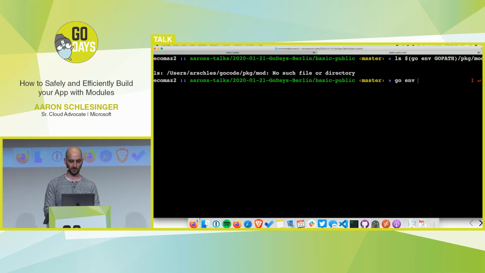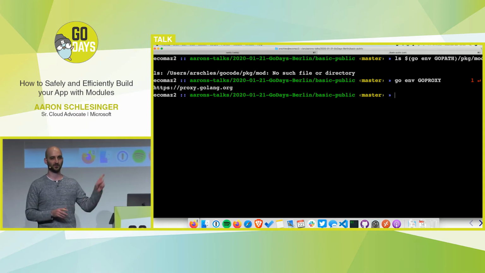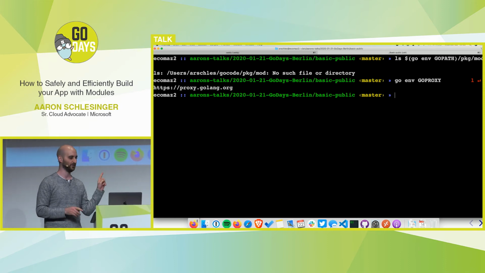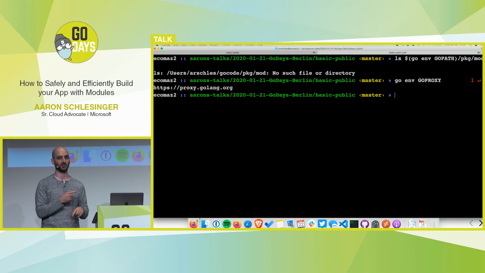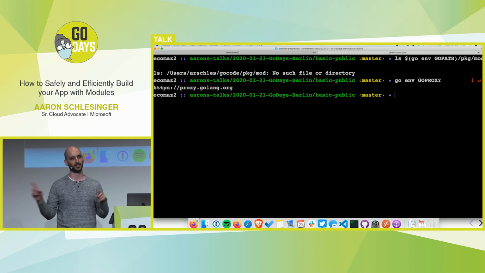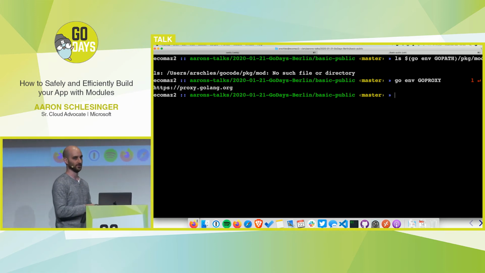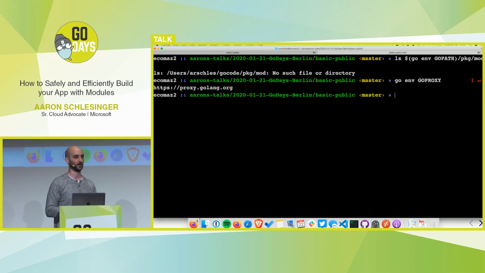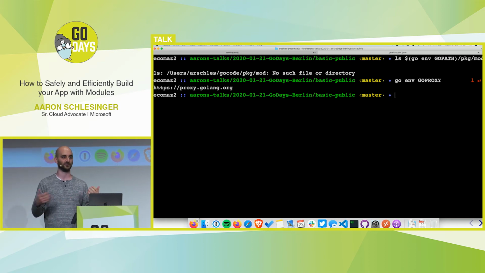So the other piece here is the Go proxy environment variable. So this one is very important. This, by default, points to proxy.golang.org. But you can set this on your machine to point to any module proxy. That is, any proxy that has those 7 REST API endpoints. Doesn't have to be even on the public internet. Certainly doesn't need to be proxy.golang.org. And in fact, there are other publicly hosted options available to use if you choose to, that you can point